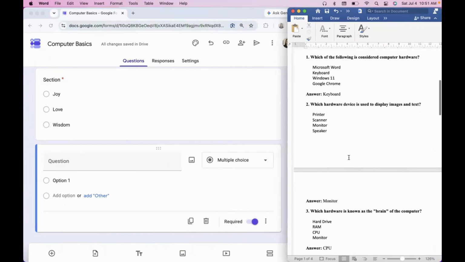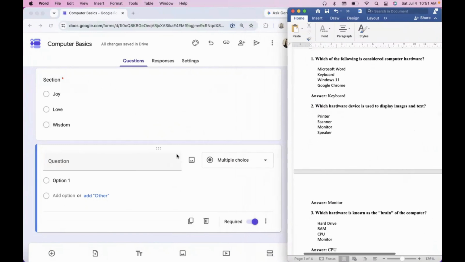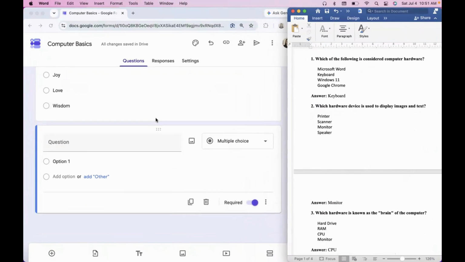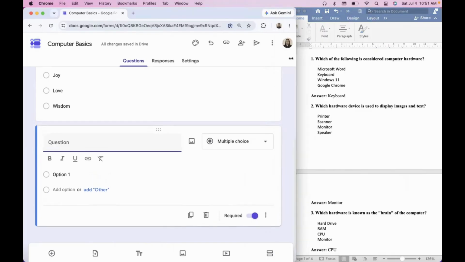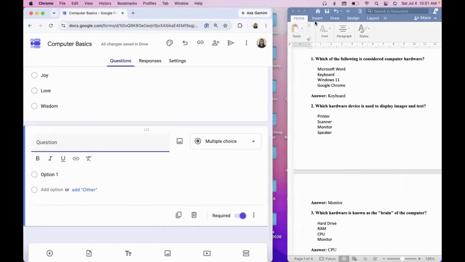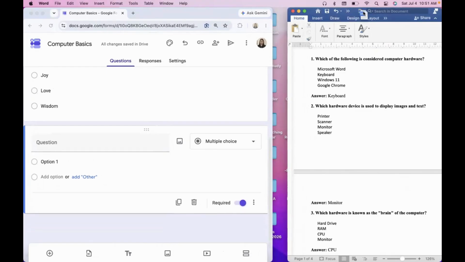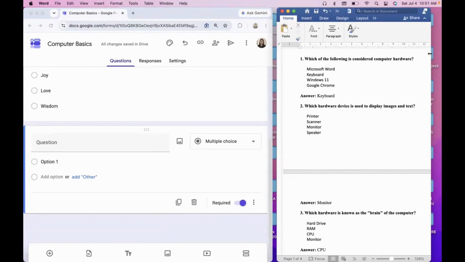So here are the questions that I have to input in the form, so that it would be easy for me to complete the whole form because I already have the ready-made questions in my file. All you have to do is adjust the size of your browser window, and also adjust the size of your Microsoft Word document.